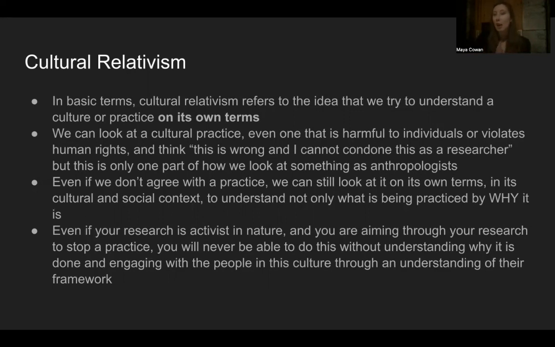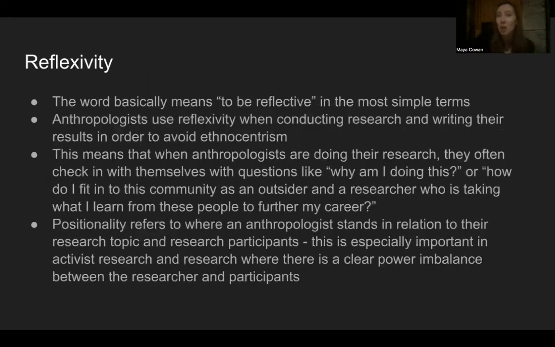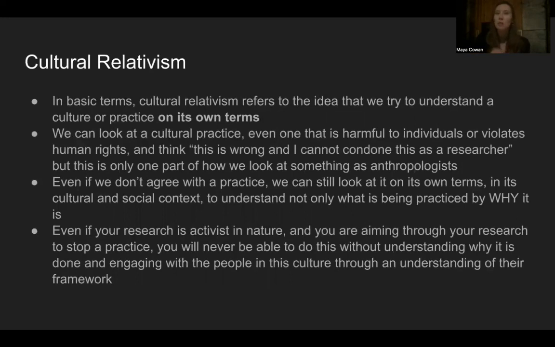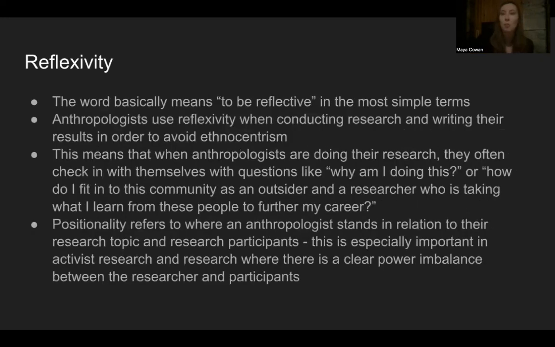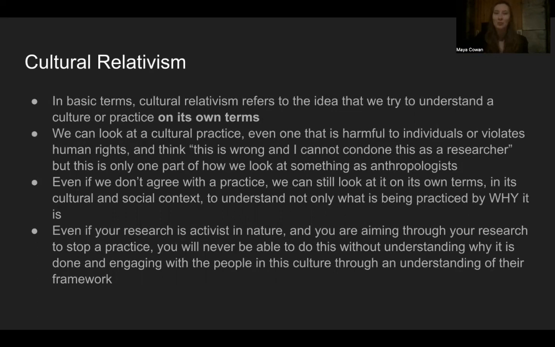Because of what we talked about in terms of positionality, anthropologists aren't expecting themselves, and they aren't expecting other anthropologists, to go into a research question totally unbiased. We understand that you are an individual, a product of everything in your life that got you to where you are today. And that is going to influence the way you think about things. People cannot be totally objective. People have biases. And what we do as anthropologists about our biases is we try to be reflective.